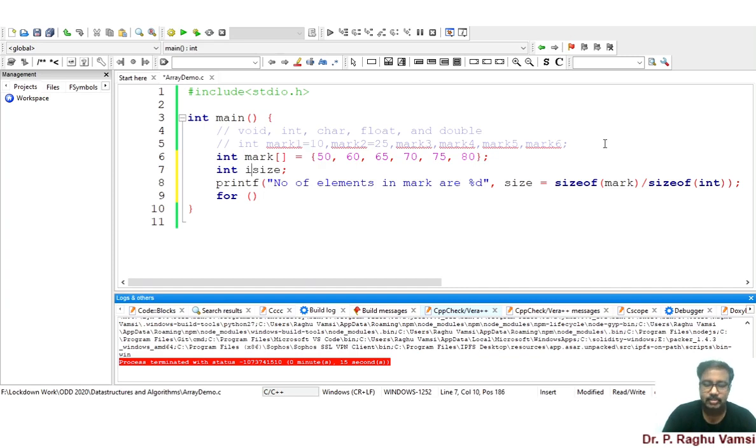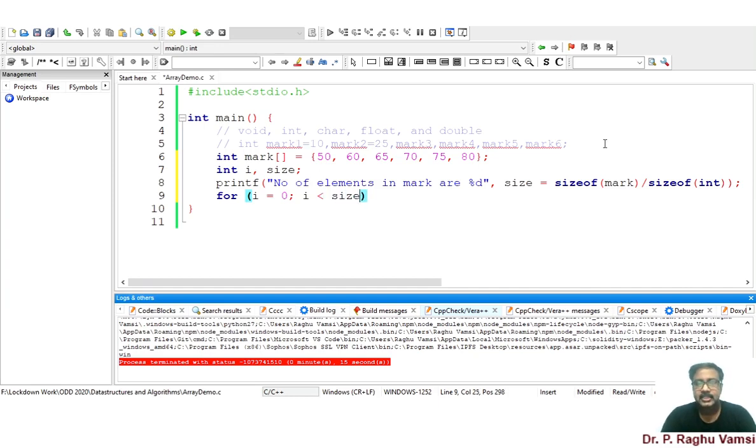So what I do is I will take an index i. I will declare index i here. This is for iterating purpose. Array index will always start from 0 in C programming. So i is equal to 0. How long we need to iterate this particular array is till the size is reached. That means i less than size. Since we have started with 0, we should go up to less than size. That means 0, 1, 2, 3, 4 and 5.